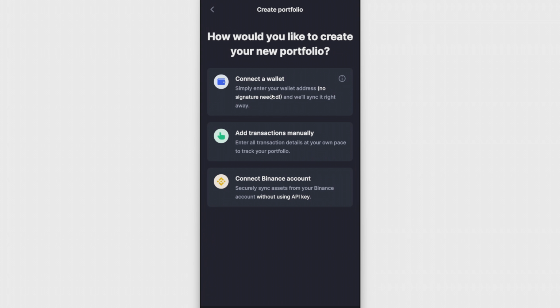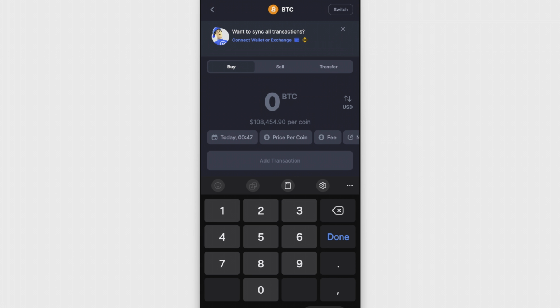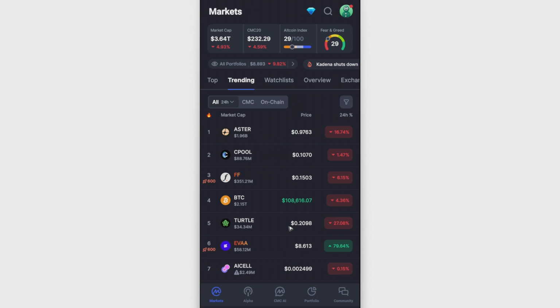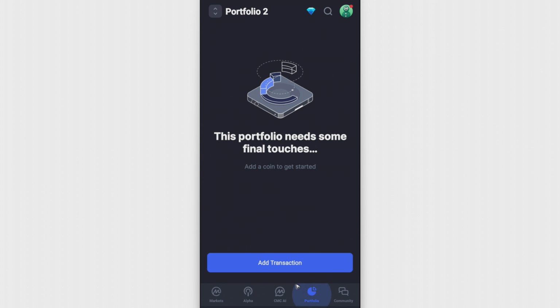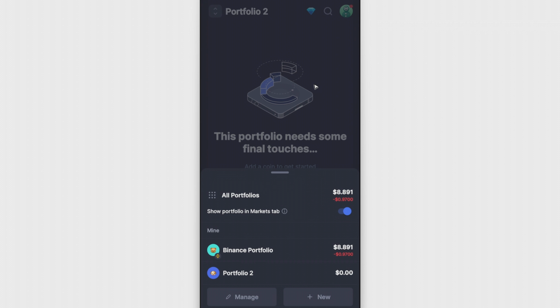As you can see here, you can go ahead and easily connect a wallet or just connect a Binance account. And that is why your Binance tokens will reflect under your Coinmarketcap portfolio. Again, you cannot withdraw money from here. You can only withdraw by using the wallet that you have